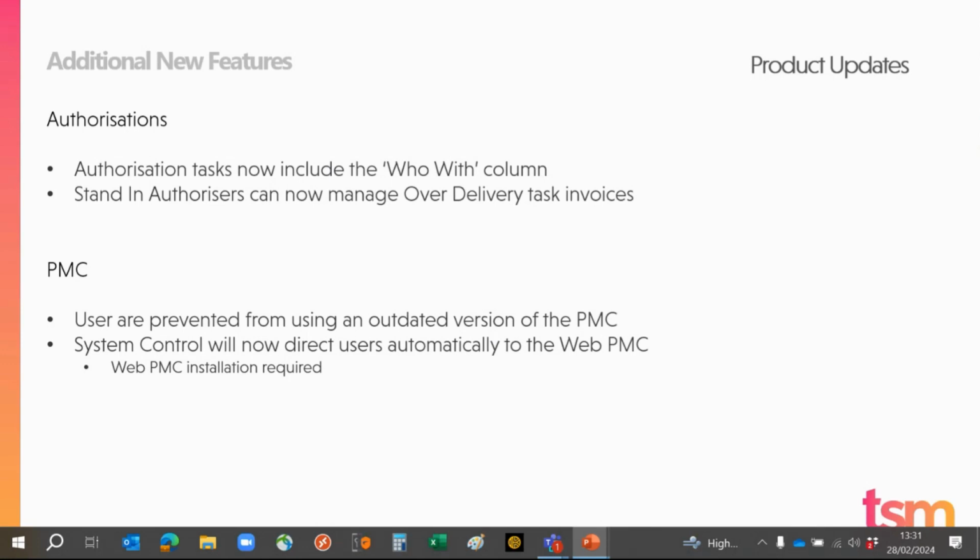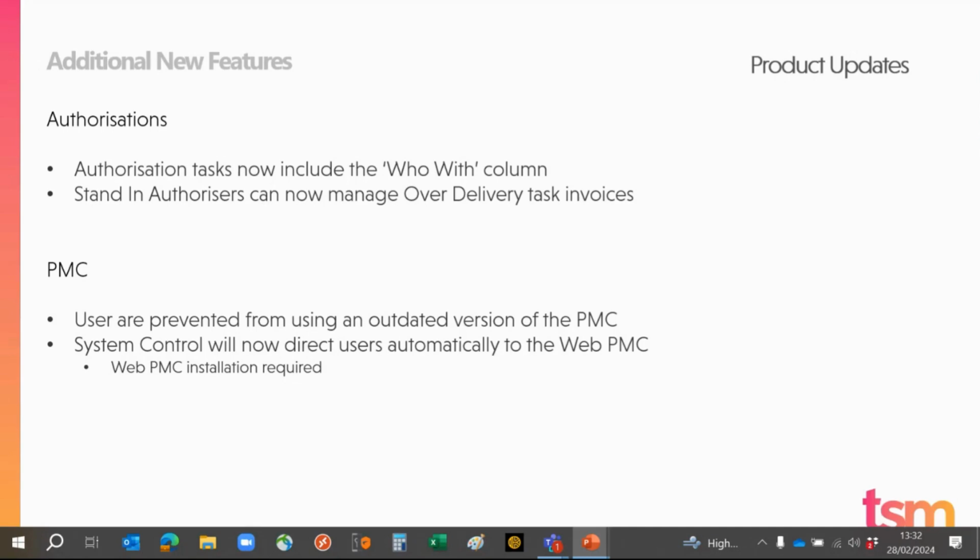So there's no need for you to have to go out and find a different URL or save different URLs. If you've got permissions, directly from within your browser where you're accessing Proactis, you can just go to admin, system control and it will launch